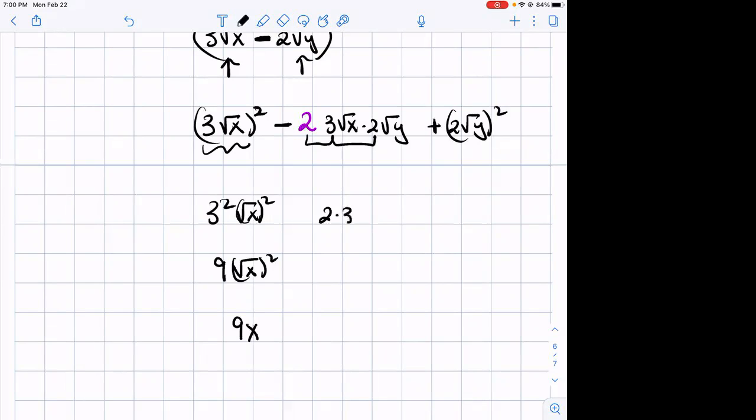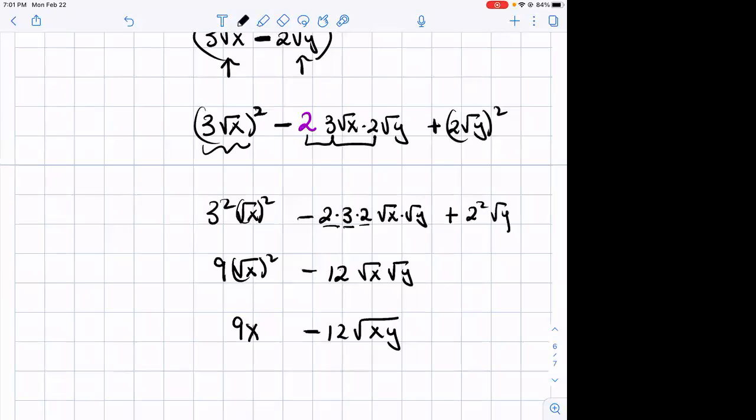So 2 times 3 times 2, and then you have root x times root y. So this becomes 2 times 3, 6 times 2 is 12 minus root x root y, which we know is the same as minus 12 root xy. And then this here plus 2 squared root y squared becomes plus 4 root y squared, which is the same